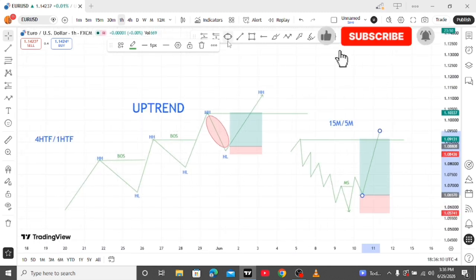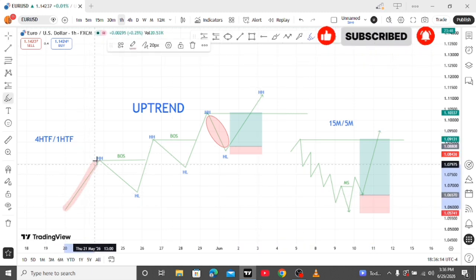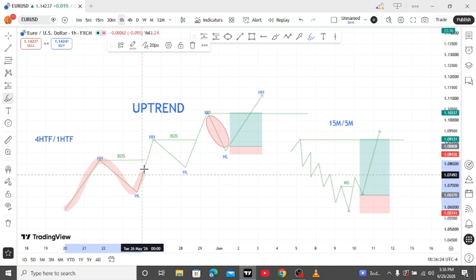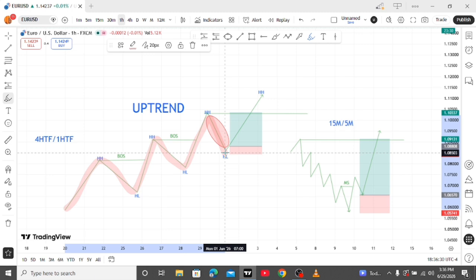So the market is in an uptrend. How do we know the market is in an uptrend? Because the market is making higher highs, higher low, higher high, higher low, higher high, higher low. So this is where we went over to the smaller time frame, which is here, to find a market shift. And when we saw the market shift, we waited for retracement, and this is where we entered for long position,